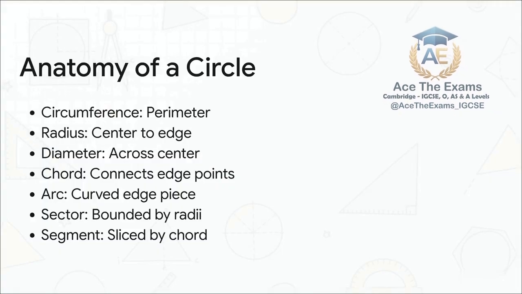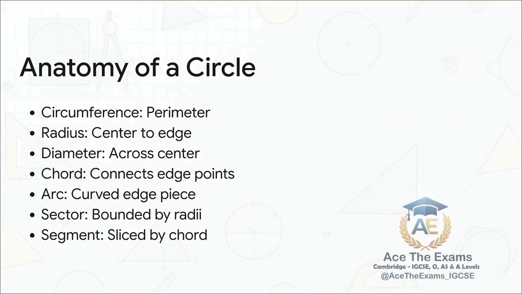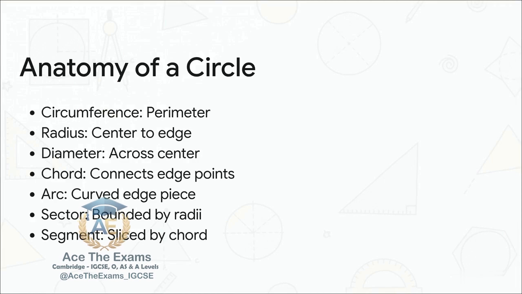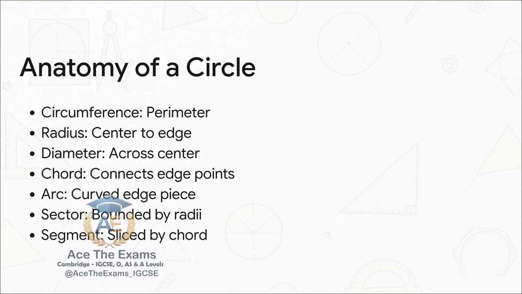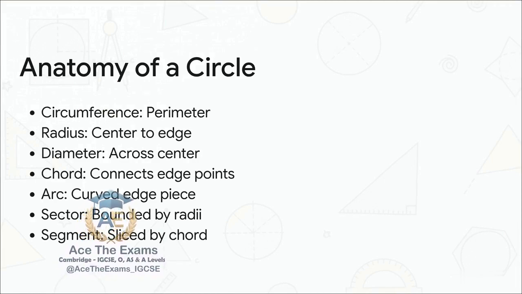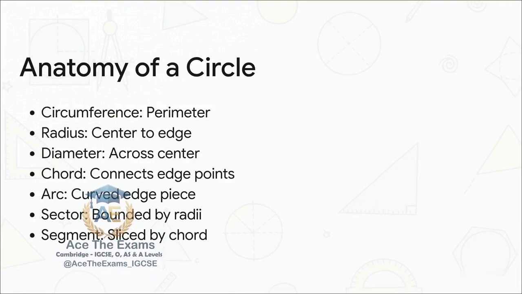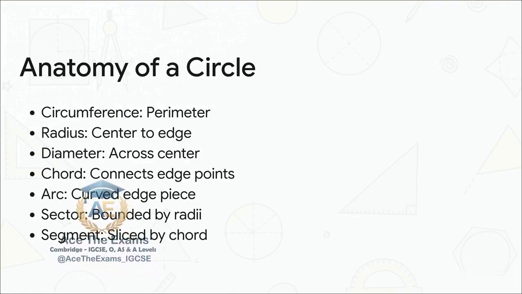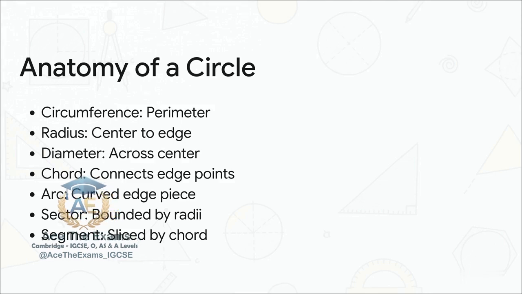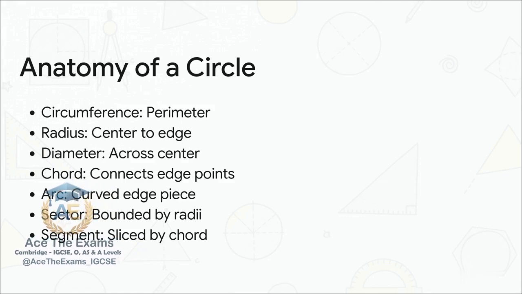Let's smooth out those straight lines into a circle. The outside boundary is the circumference. The radius runs from the direct center to the edge, while the diameter goes straight across the middle. A chord connects two edge points without needing to cross the center. An arc is just a curved perimeter piece. A sector? Think of a slice of pizza, bounded by two radii, and a segment is the area sliced off